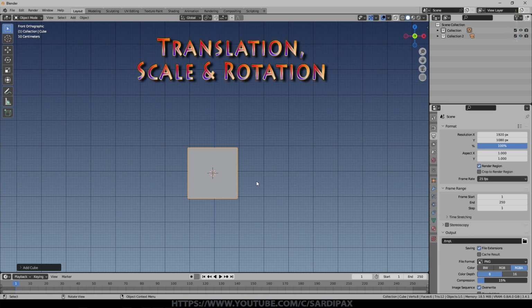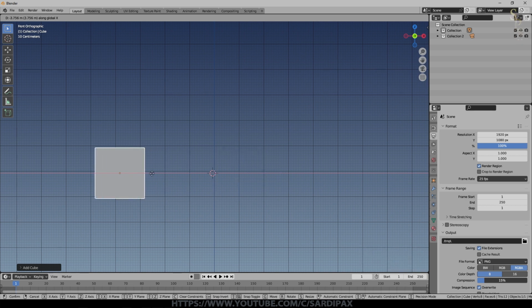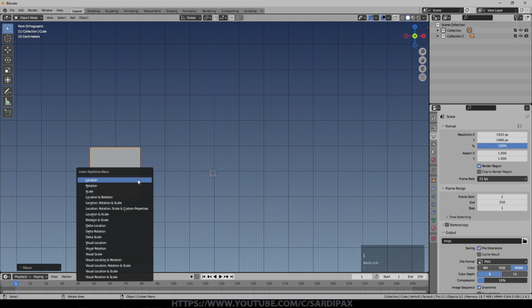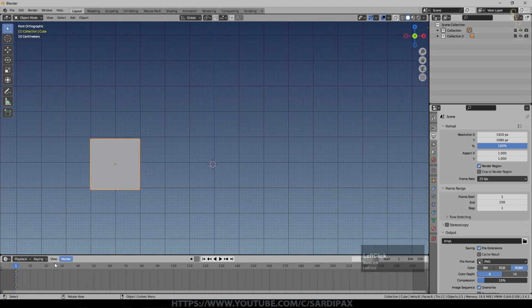So first of all, basic animation. I've got a cube here. I'm going to press G and X, which means it'll just move on the X axis. I'm going to put my cube over here, and then hovering over the cube I'm just going to press I, and that gives me an option to insert a keyframe, and I'm going to select location. A keyframe, you can see if we look down here, puts a set of little yellow marks at frame 1, and that's saying record the location of this object, which has of course X, Y and Z coordinates, as well as a relation to when in time that point was recorded.